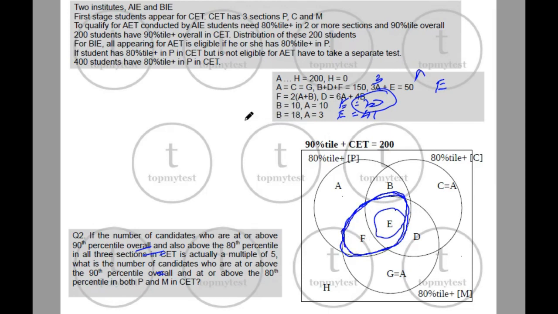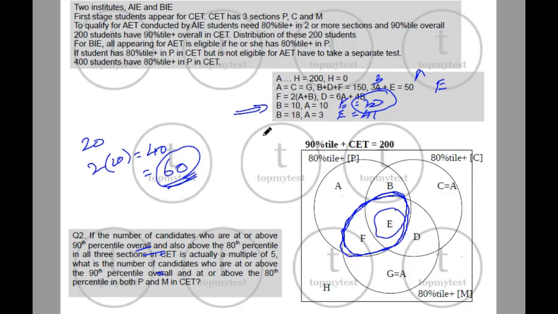Using this scenario, you're looking at E and F combined. What is the value of E here? E's value is 20. F is twice of A plus B. A plus B is 20, twice of that is 40. 40 plus 20 is 60. So 60 will be your correct answer. This is the type-in-the-answer sort of a question. So 60 will be your correct choice.